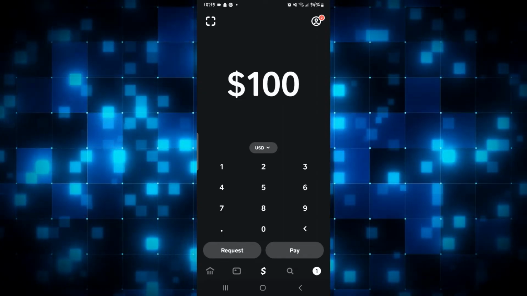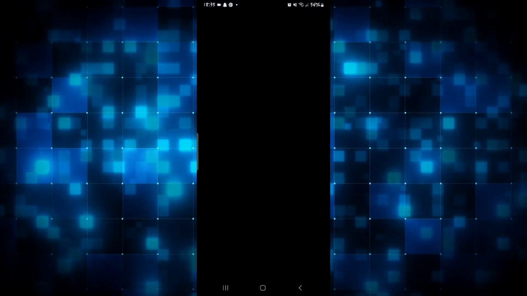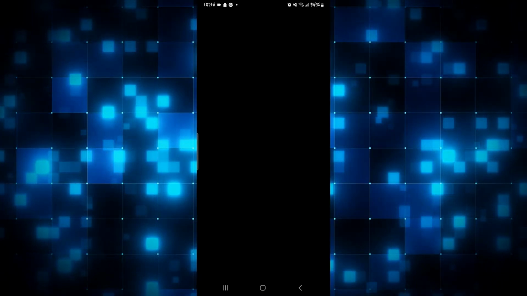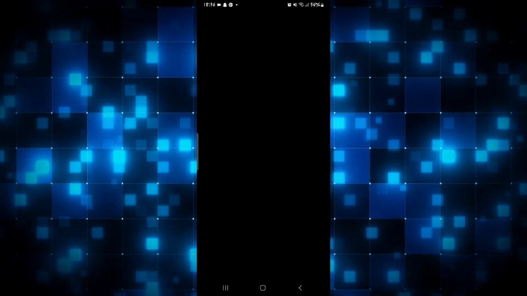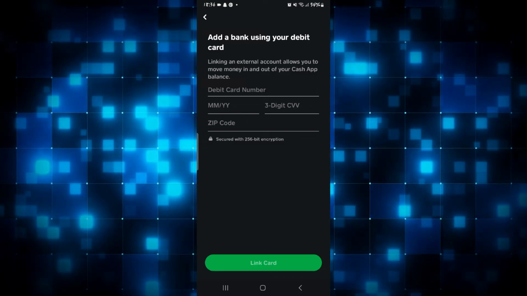In order to add card, simply tap on the home button at the bottom left corner and then tap on Add Cash. Just select any amount and tap on the Add button and you might be asked to enter your PIN once again. Now if you haven't linked your card already, this is where you will be asked to enter